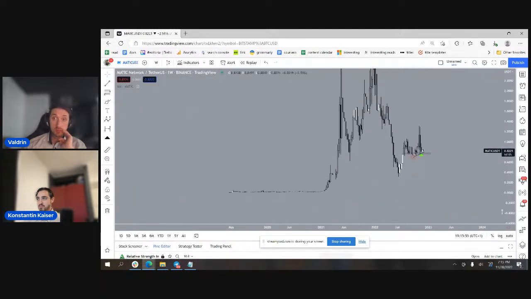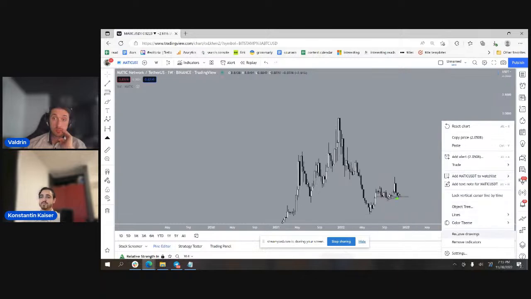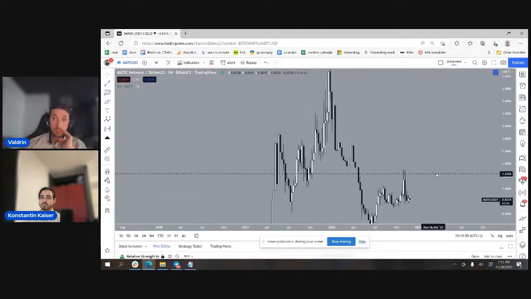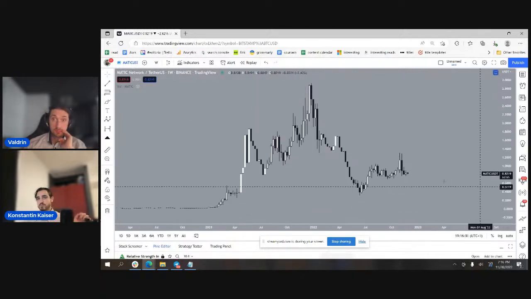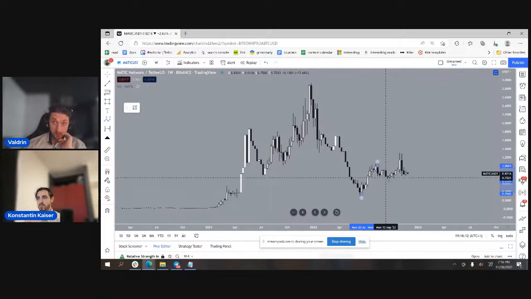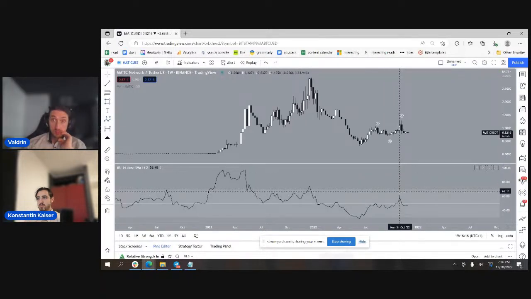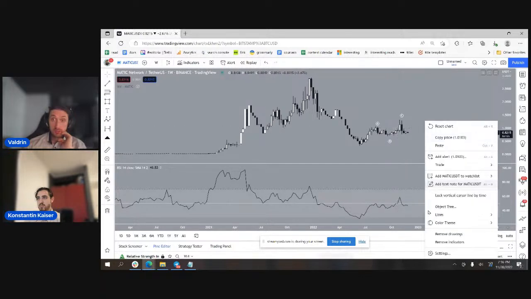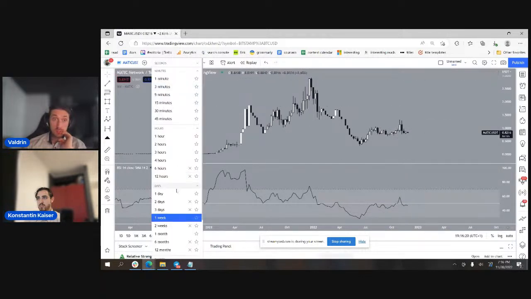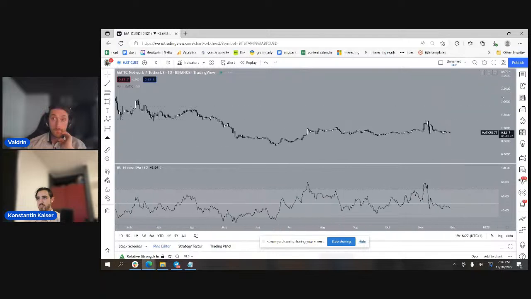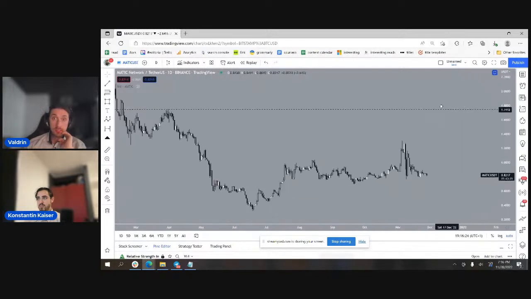If we go to the weekly time frame, we kind of have this rejection from, actually there's not even a clear horizontal level here, but this kind of looks like an ABC, and the weekly RSI did fall below 30. So my thing with Matic is that,